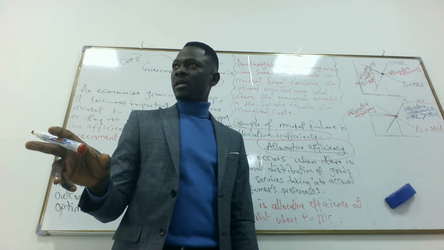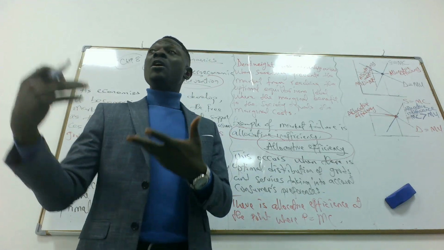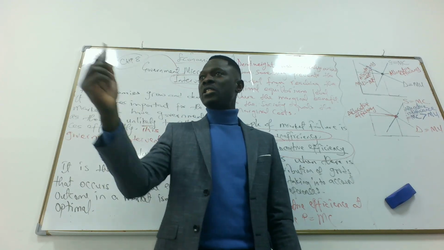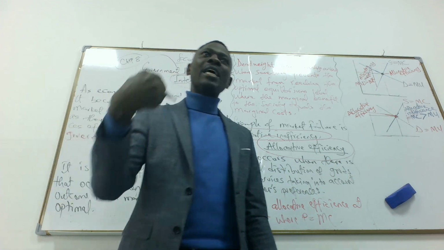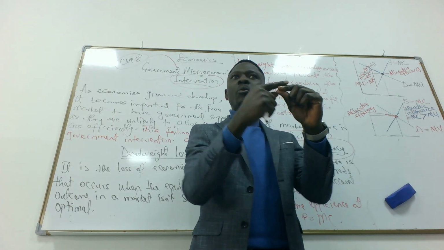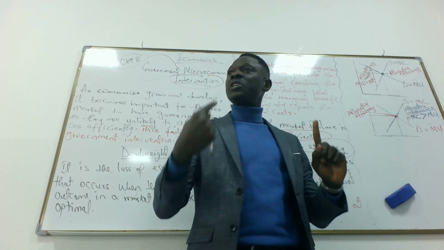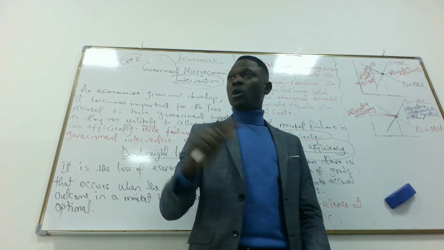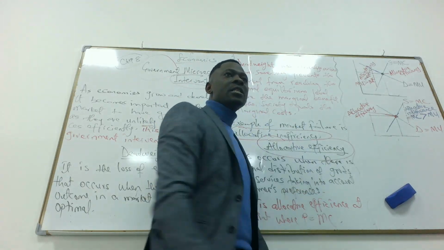Do you get the point I'm making here? So that takes us to this: we won't talk about allocative inefficiency without understanding allocative efficiency. Because it is when we understand allocative efficiency that we would know if it is allocative efficient or not. So when we cannot figure out where the marginal cost equals the marginal utility, then we don't understand allocative efficiency. So greater than or less than is inefficiency, because we understood that MC must equal MU for allocative efficiency.